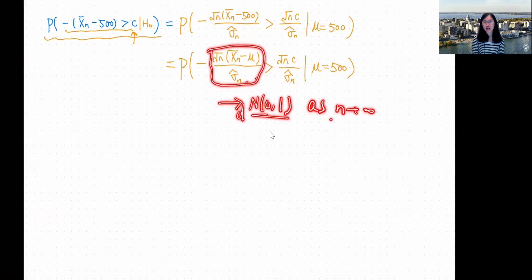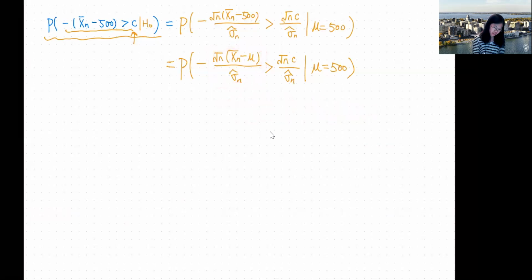So that means in large samples, let's say n equals 45 is a large sample, this can be well approximated by the probability of a normal random variable